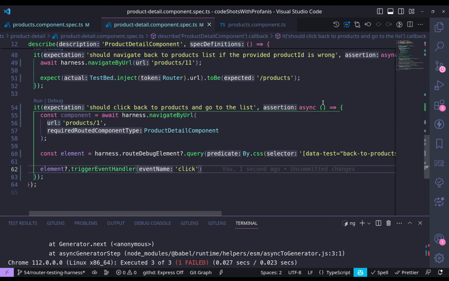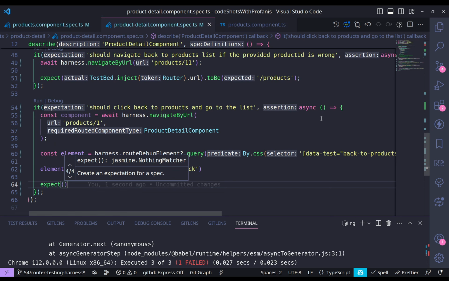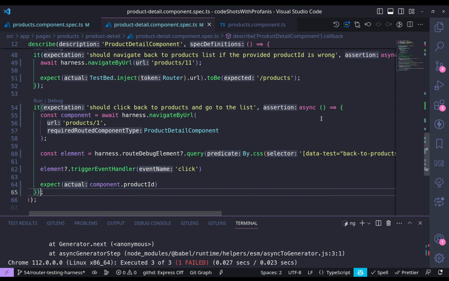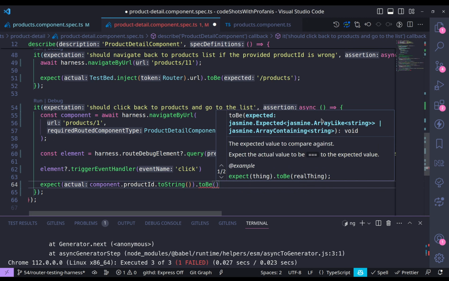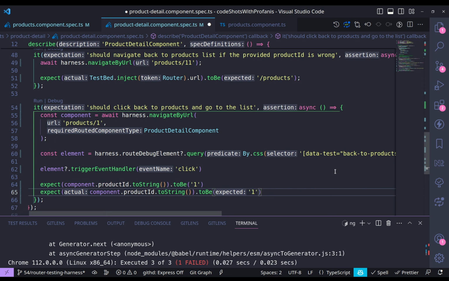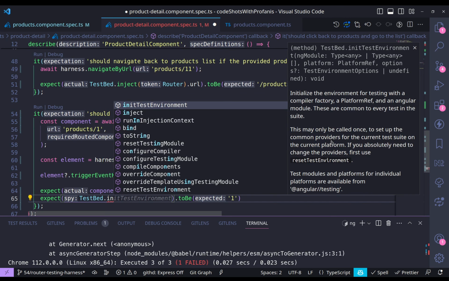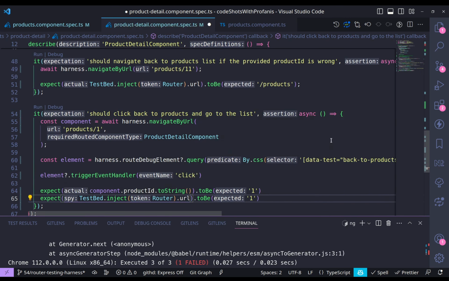And now I have to have my expectations here. I expect component.productID, and I know that this is a number, so let's convert that to string, to be, what kind of ID do we have here? 1. So this is the first expectation, and the second one is that I expect, let's use the TestBed again, inject, and specifically I'm going to inject the router, and the URL I expect to be